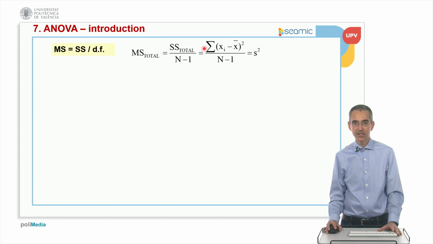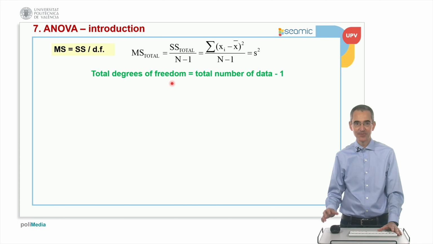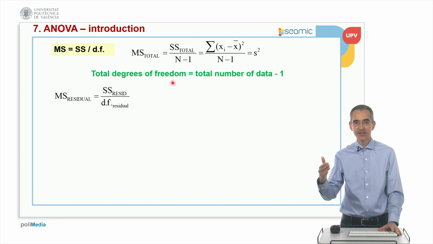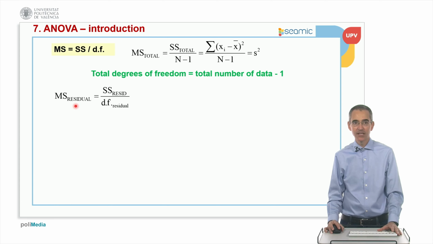Okay, and so if we think about the formula, this is actually the variance of all the data that we have. Okay, so this is the first formula. Well, sorry, another formula. The total degrees of freedom is total number of values minus 1. All of these formulas are in the list of mathematical formulas that are available in PDF format for this subject. Okay, also for the residuals. Residual mean square is equal to the residual sum of squares divided by the residual degrees of freedom,